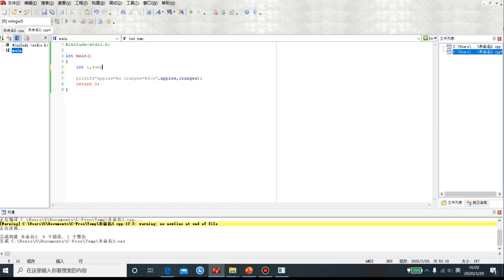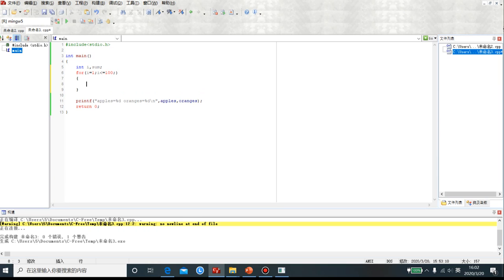Then the next would be the for loop, and i will start from 1, and if i is less than or equal to 100,